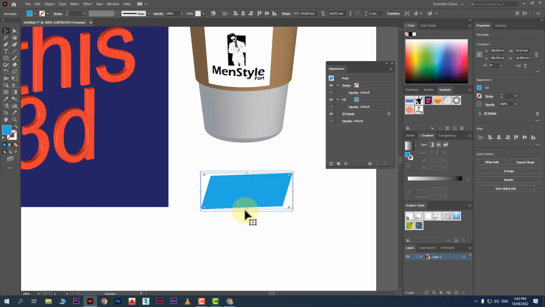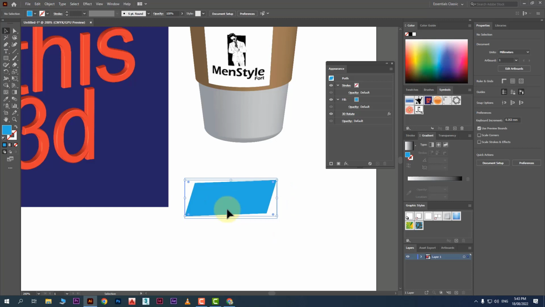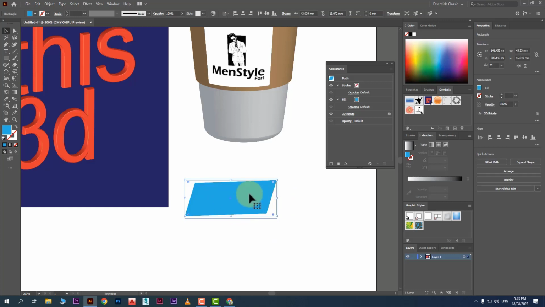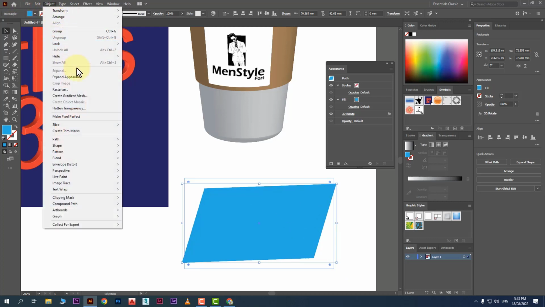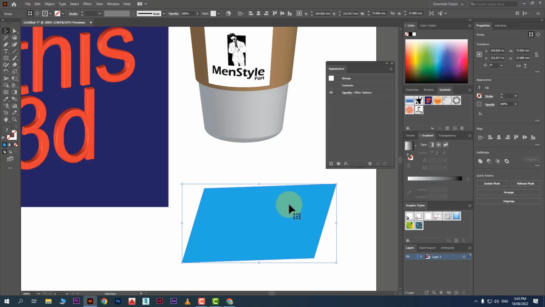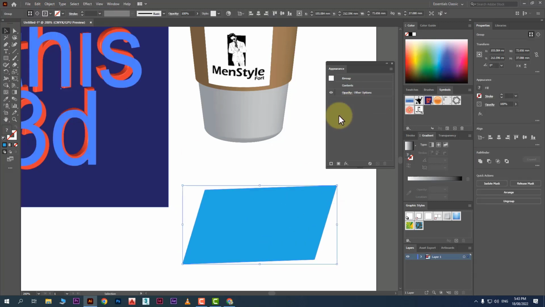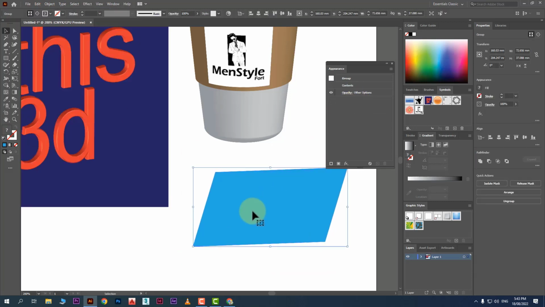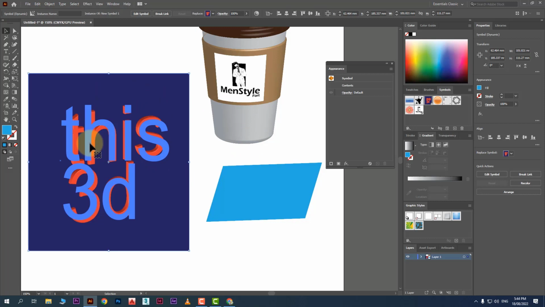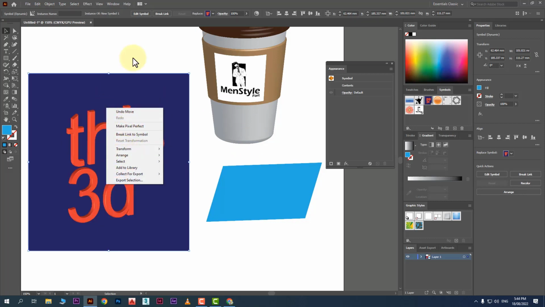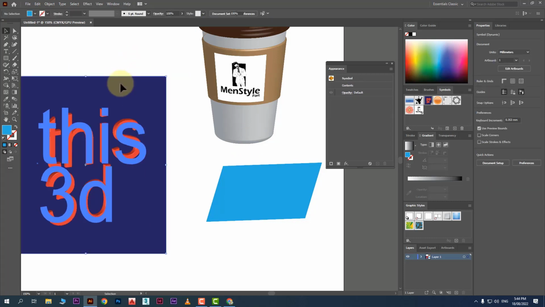One more thing, if you want to merge effects with the shape, you can do this with the pen tool as well, because the effects have been applied. So how can I merge the shape and effects together? Go to Object and Expand Appearance. Now the effects have been merged and you have a single shape. Same with this one, if you want to merge it into a shape, because it's a heavy one. So what I will do, select this one,